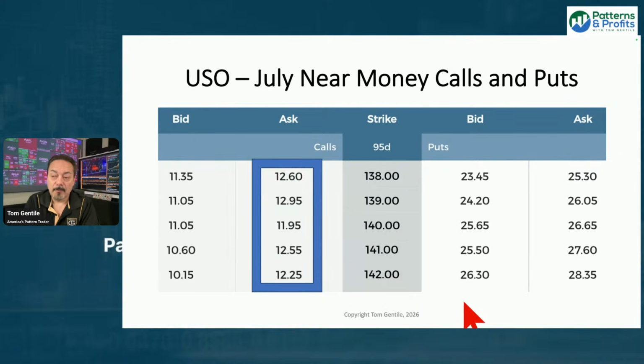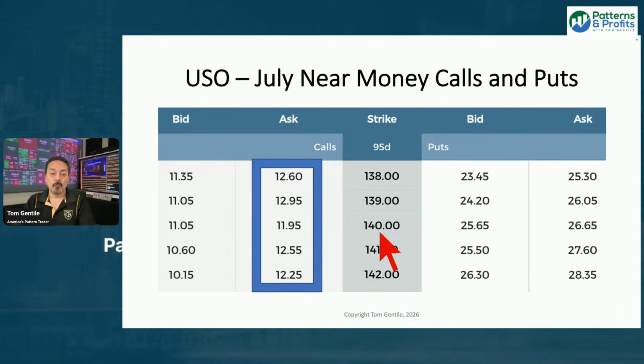little more than 3 months from now. And you can see here, even though USO is trading in the 130s, I took us all the way out to the 140s, which is where it was just a short time ago. And those call options at the 140 are trading very close to 12. And that 12 tells us that you've got to add 12 to that strike price. All right. So if you take a look at 140 plus 12, that's a 152 break even between now and July. That's on July 17th of 2026.